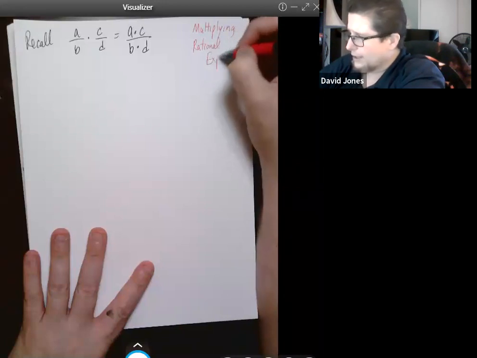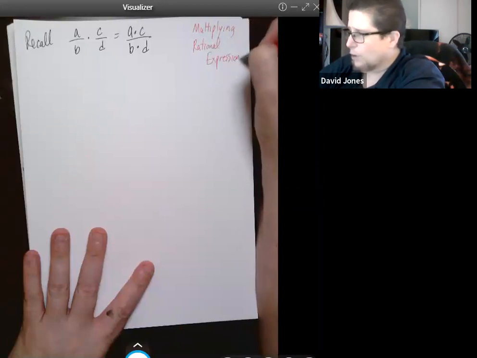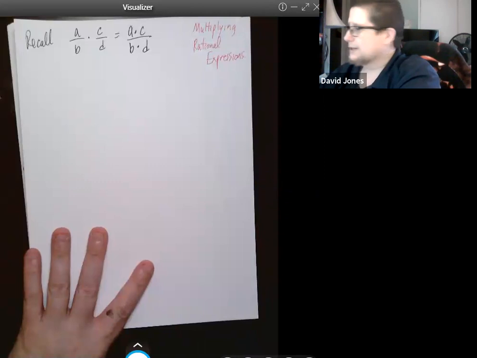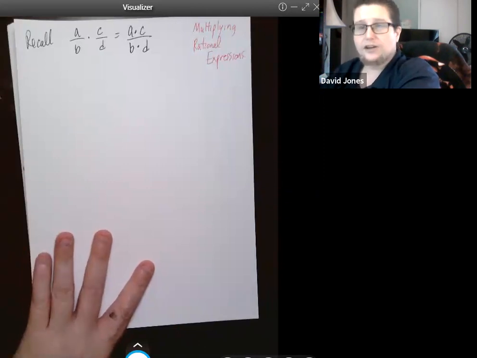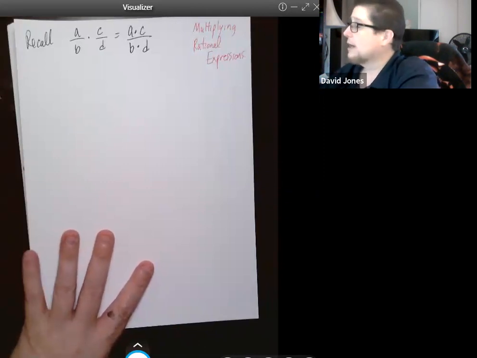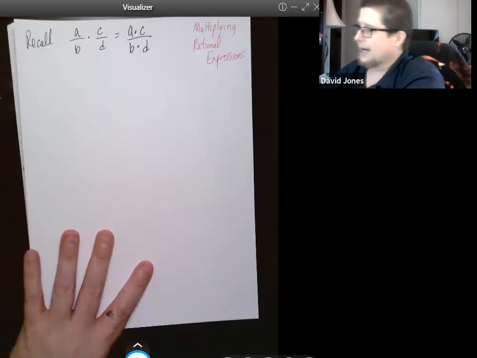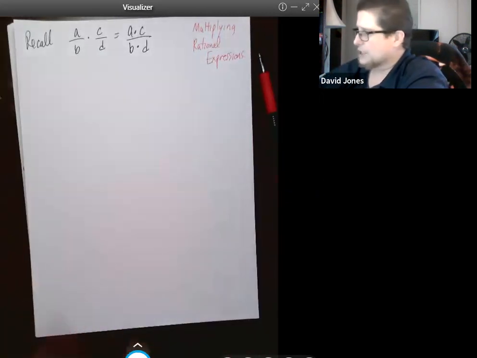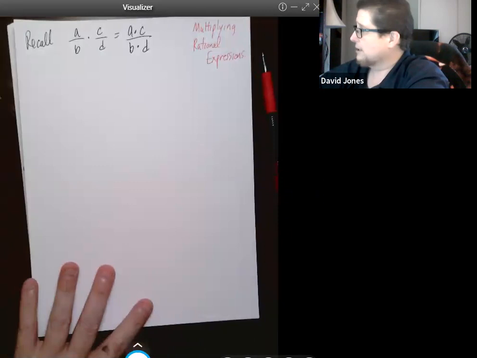We looked at what they are. That was part of objective 1. We looked at the rational expressions. Now we're going to look at multiplying. Then we'll look at dividing. And then we'll look at doing addition or subtraction of rational expressions. And so that's the multiplying. If we do the division,